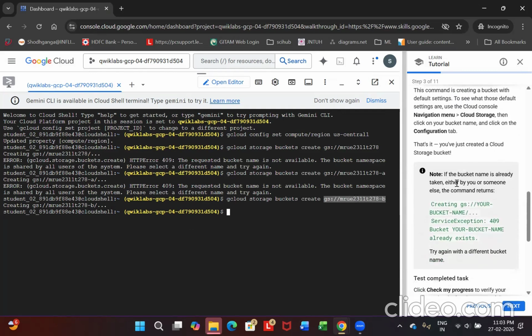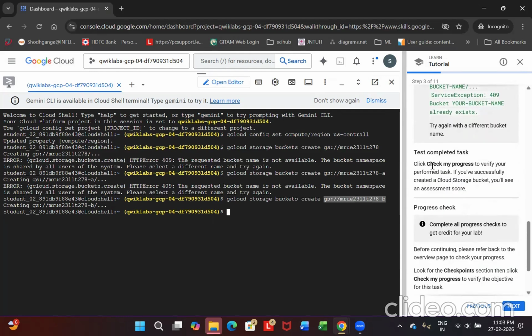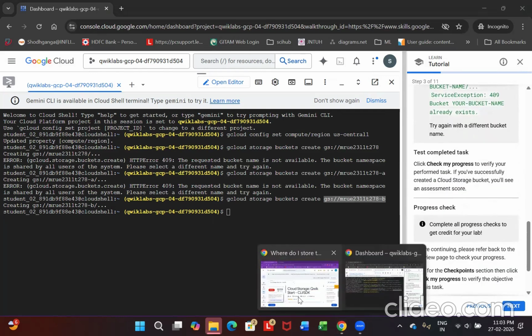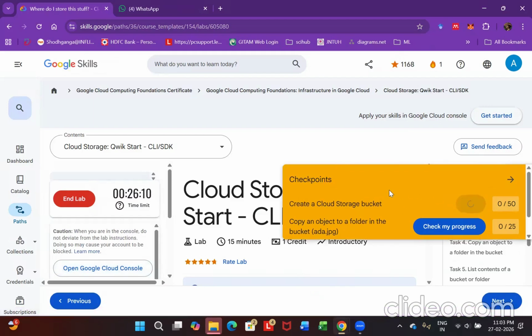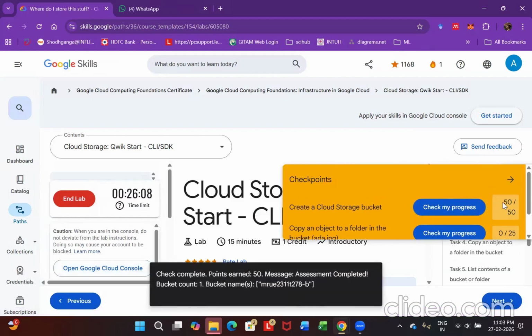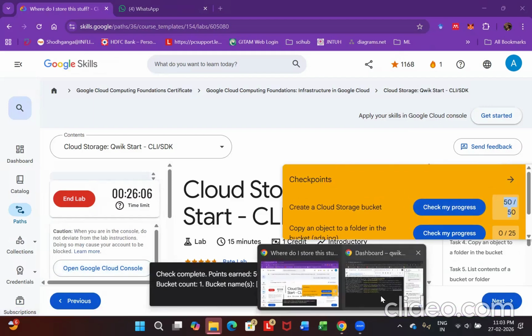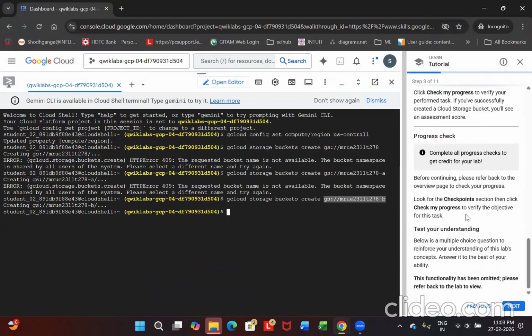Now you need to check the progress. Go back to the page and check your progress. We got 50 points, so that means it is correctly done. Next,